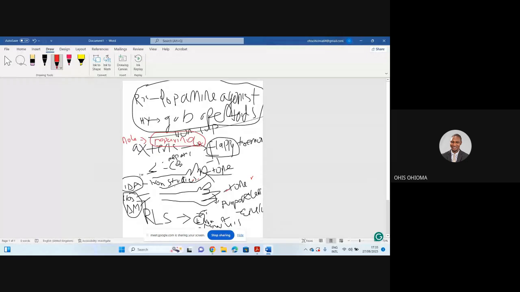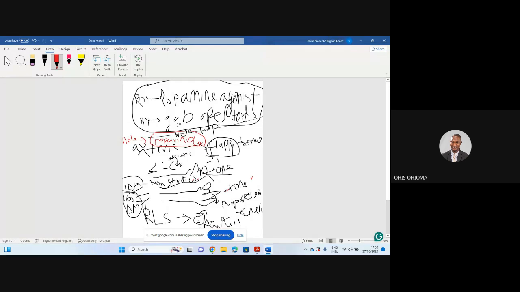So in the options, if you see this, you pick it. It's preferable, right? If you don't see this and you see iron, you can pick it. If you don't see iron, you see gabapentin, you can pick it. But of course, the question usually directs you to which of the options you are going to pick, right?